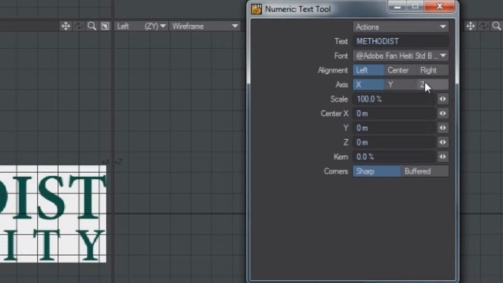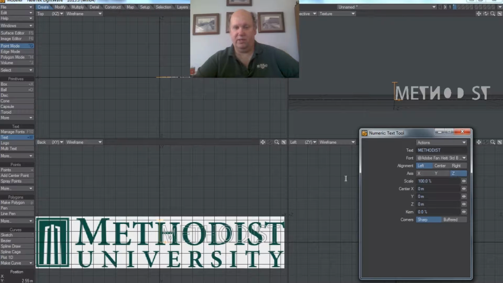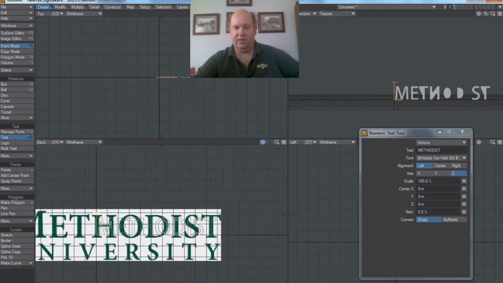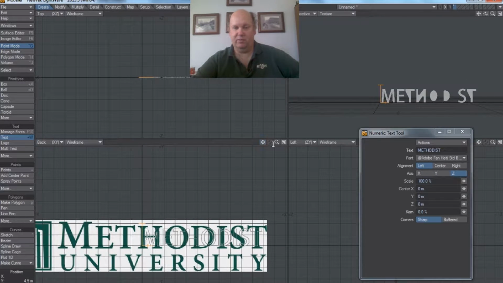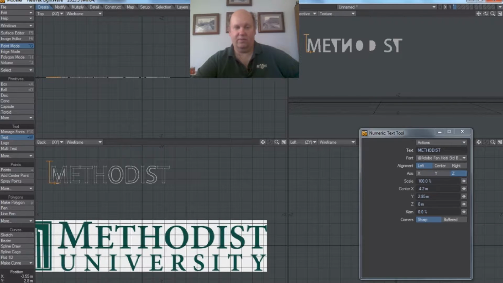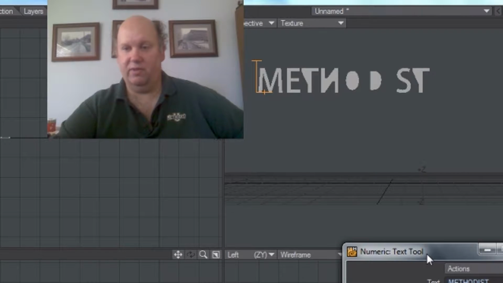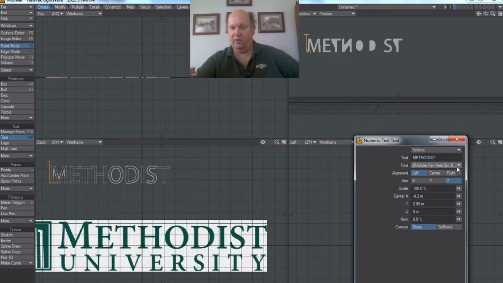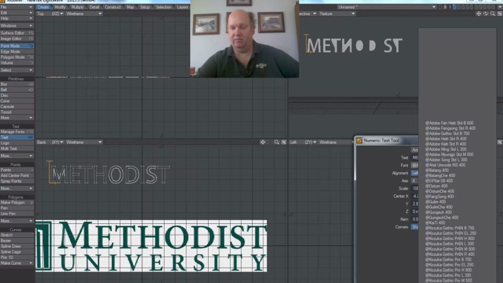And I'm going to hit the Z-axis, which will put the text on the Z-axis so we can see it, and right now it's below where we need to be, so I'll give it a little tap there. And as you can see, this font isn't particularly good either, but that's not necessarily a surprise. So I'm going to go ahead and select Minion,